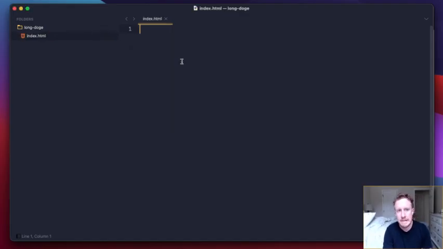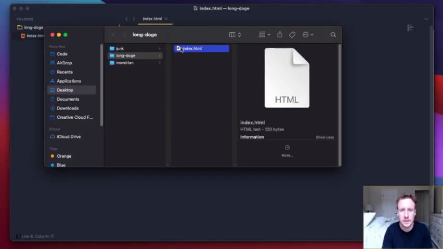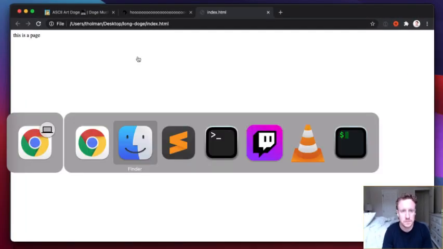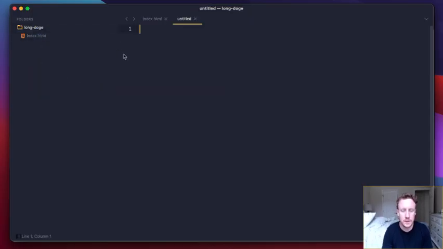index.html. And we'll put some HTML in that. What was the shortcut? There it is. HTML, doctype. This is a page. We save it. Let me reveal in the Finder and open that in Chrome. Good. That's our page,